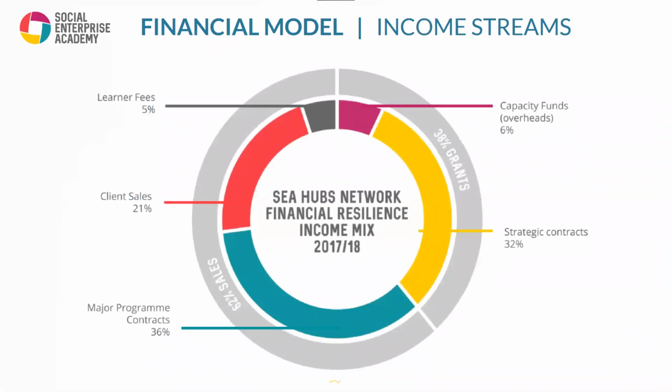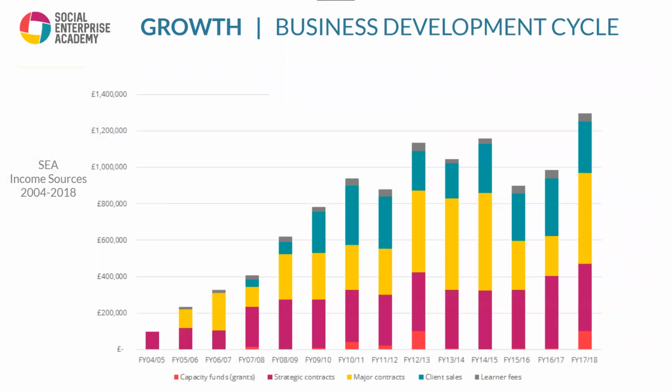The overall financial model of the Social Enterprise Academy in Scotland as well is based on winning strategic funds or strategic contracts, also major contracts like government procurement and funding bids, alongside client sales directly, and fees to learners makes up a very small part of our model. And now and then we also take capacity funds to invest in building our team and so on. So a classic sort of social enterprise model with diversified income streams, but all from the sale of learning and development programs. And over time,